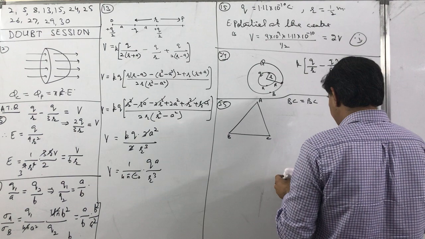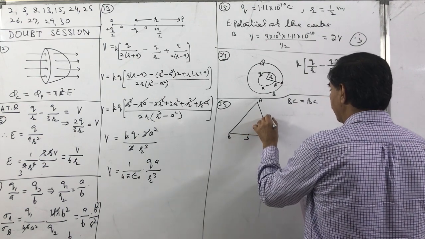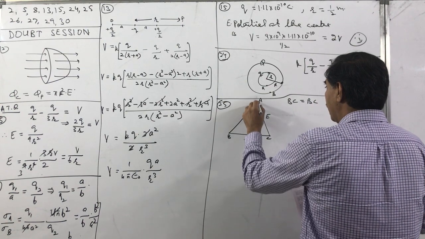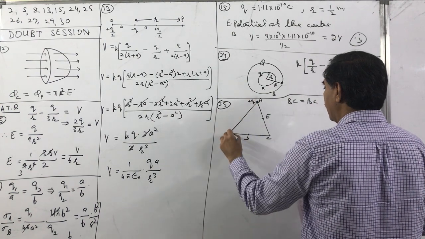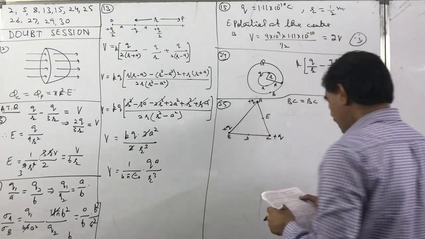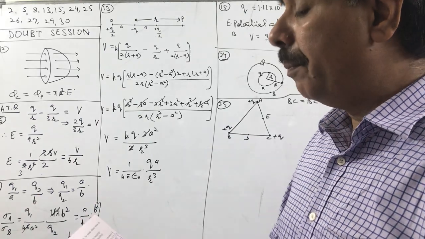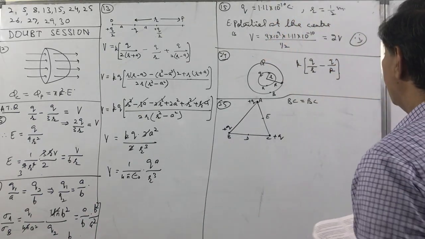He says D and E are the midpoints. This is D, this is E. Right? And we have charge plus Q here, plus Q here, and plus Q here. The argument is that the work done in taking a charge Q from D to E